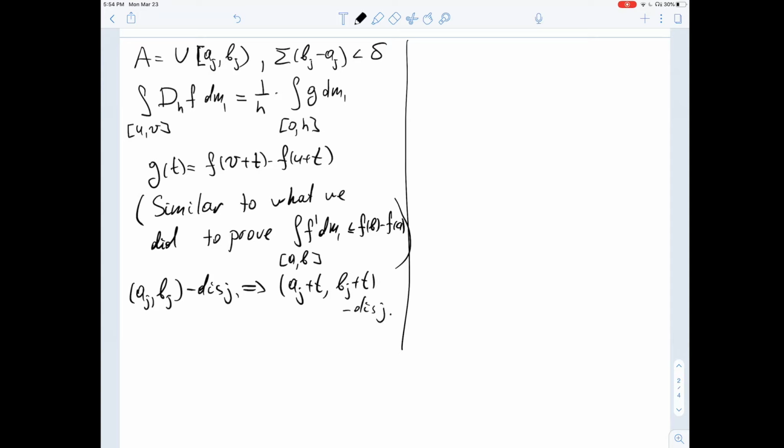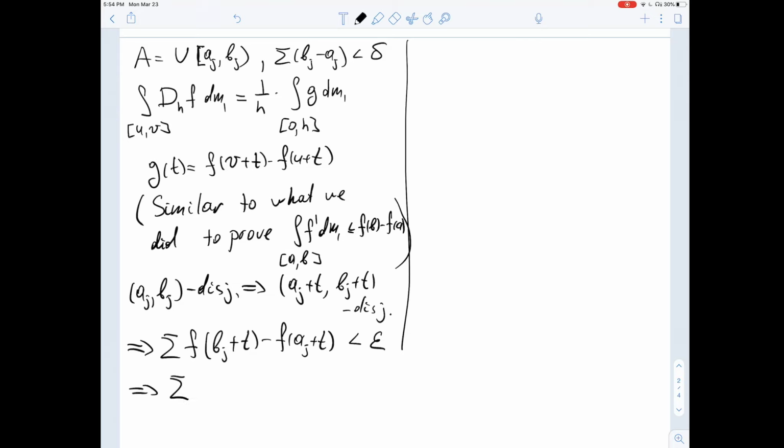Obviously, we just shift everything. And this implies that the sum of f of bj plus t minus f of aj plus t, and they have the same length, and they don't need absolute values because we assumed f is increasing, is less than epsilon, and this implies